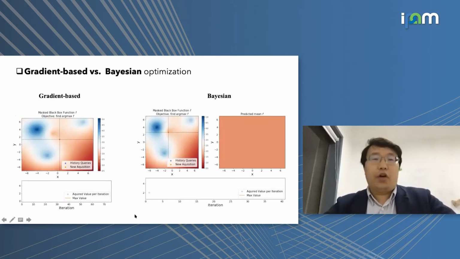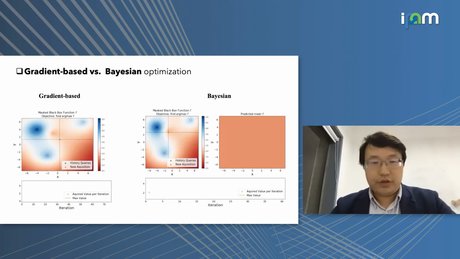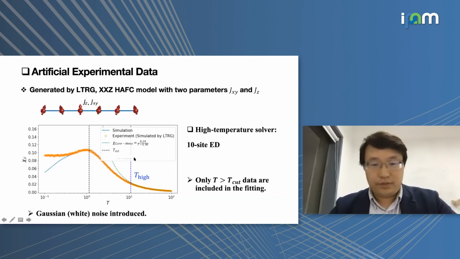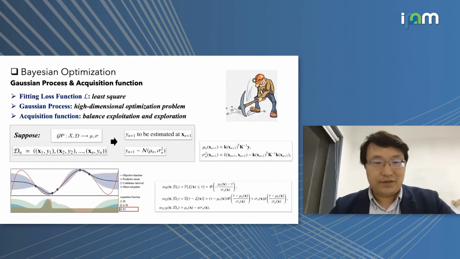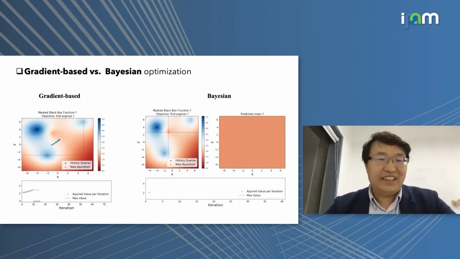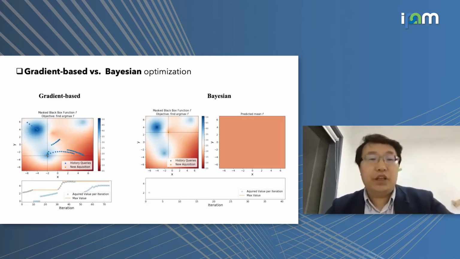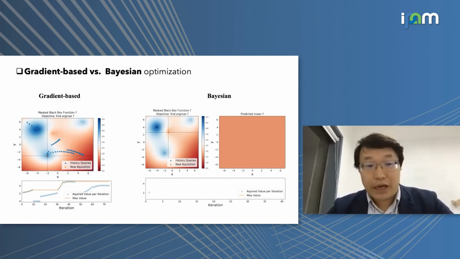Okay, so with this kind of optimizer, I will show you some animation to give you some intuition of how they work. In the gradient-based optimization, in this artificial landscape, there is one global minimum and two local minima. So yes, the gradient-based method can find this global minimum, but it also has a good chance to be trapped in a local minimum.